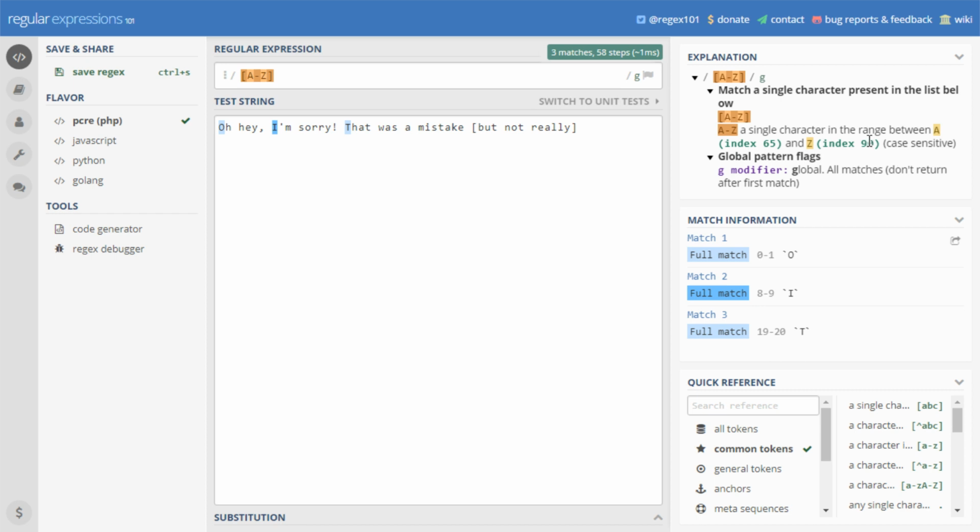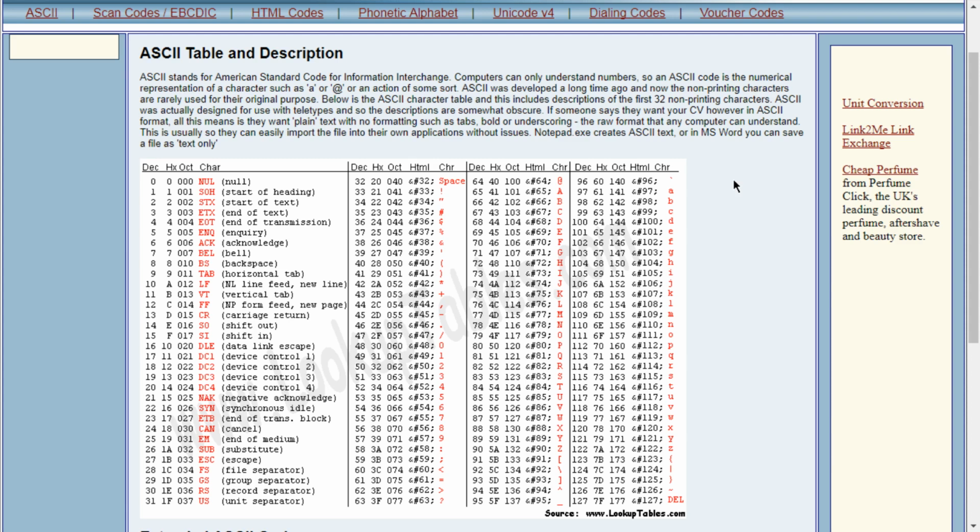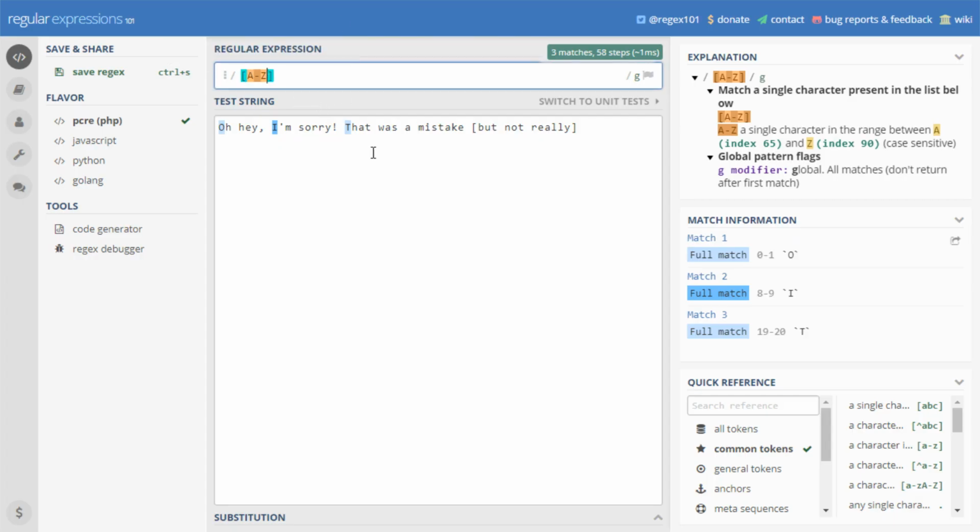That sounds a little familiar. Have we seen that 65 and 90 before? Yeah, we have in the ASCII table. So 65 is the ASCII code for A, and 90 is the ASCII code for Z. So it actually is using those, and we can sort of demonstrate that by doing something like this. So capital A to lowercase z. So now it's covering anything between 65 and 122, and I'm using that as a way of saying basically match